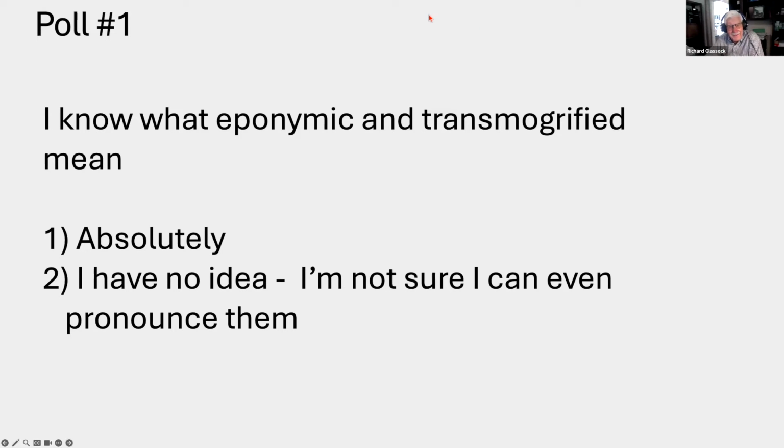Number three, I will cheat and use Google very quickly so I can know what these words mean. I mean, we're talking about the very first paragraph. He uses two words that clearly, I'm number two. I have no idea. I struggled in pronouncing them, but Dr. Glassock indeed is a Renaissance man, and we can always learn from him. And I'm not even going into what they mean. He may be able to defend himself later, but we got to keep going on this.